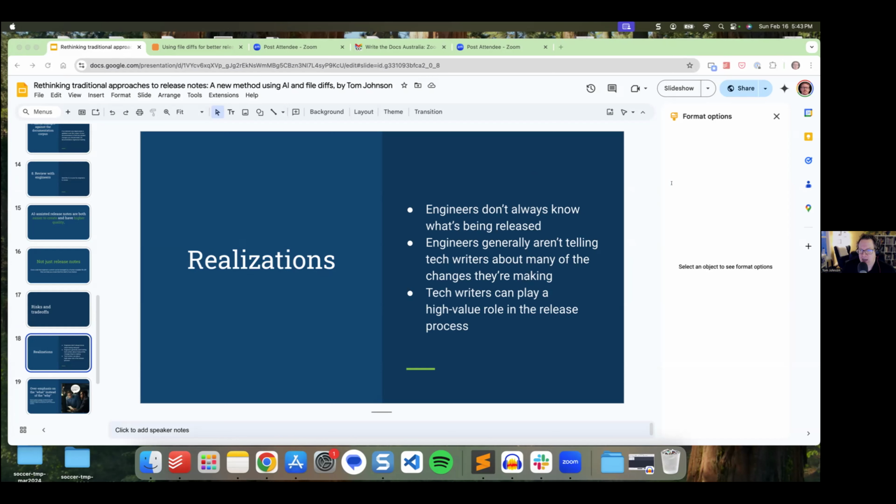Have you considered automating any of this? I feel like we already talked a little bit about that. Yeah, this is the part where you can't really automate. Once you've got a draft of the release notes and you're reviewing it with the engineers, there's not a lot that you can automate. Although I will say